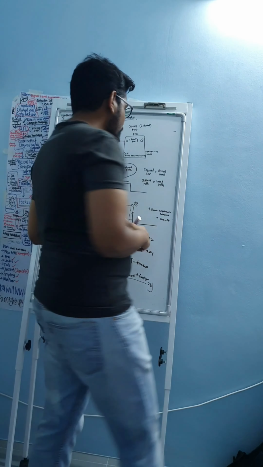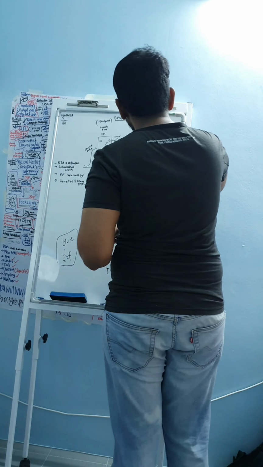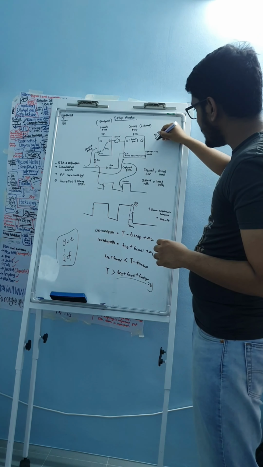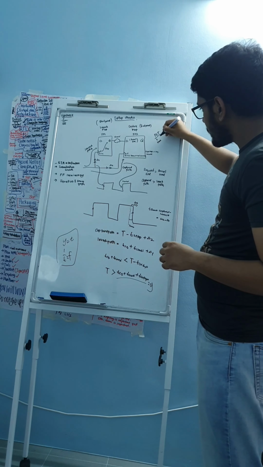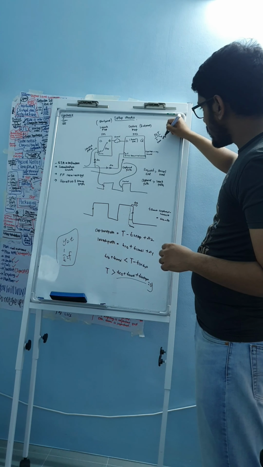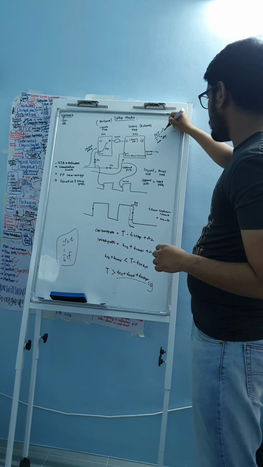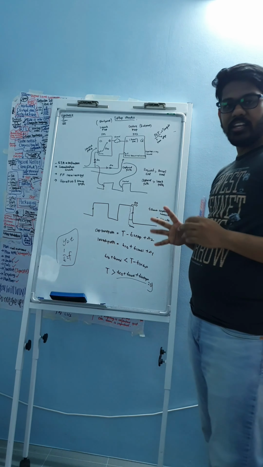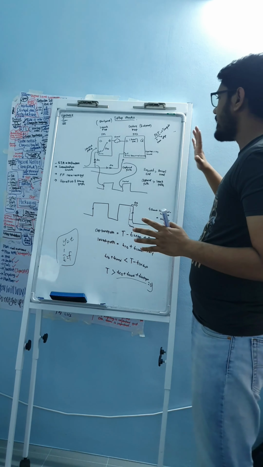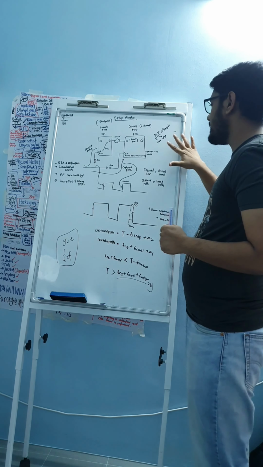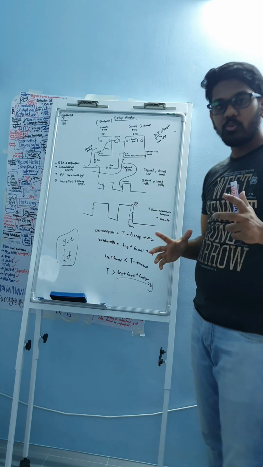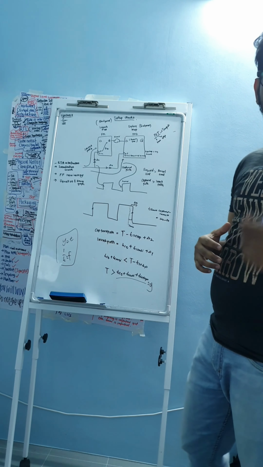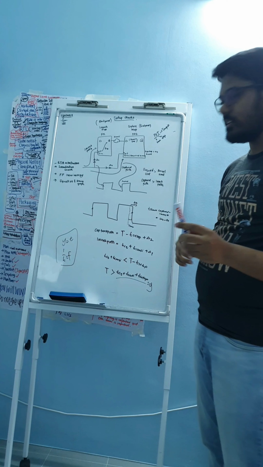But not to forget, I would love to point out the PVT. You really need to understand what this PVT is about. P is process, V is voltage, and T is temperature. So you need to understand the whole timing is being influenced. Another factor being influenced is also PVT, which is your process, voltage, and temperature. So from there onwards, you really get to know there will be a variation of timing checks